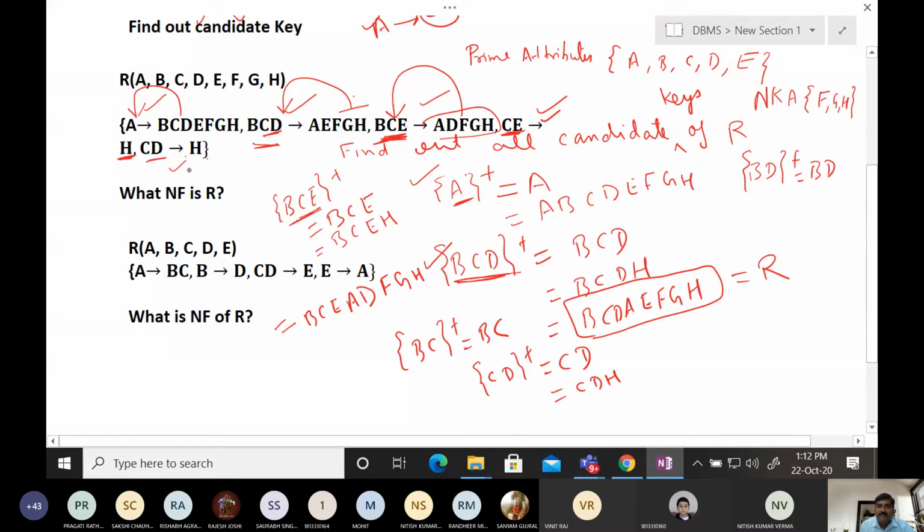And second normal form doesn't allow partial functional dependency. So R is not in second normal form. R is in first normal form. Then we have to decompose this relation with respect to the partial dependency CEH. So here one set is CEH and another one is CE, and we will discard H: A, B, D, F, G.